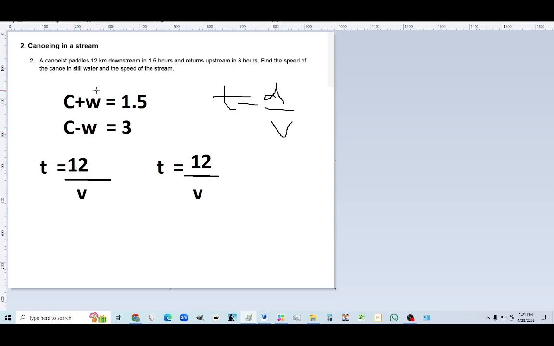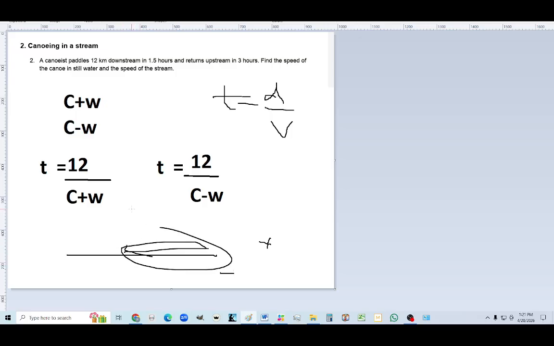The velocity formula we've come up with right here. This is the velocity going with the wind, it should be equal to that. Sorry, this is what it should be, just a formula for velocity. And against the wind, this is the formula for velocity, because he's fighting the wind's velocity. Any velocity along a single direction, when you're going with something, you add them, and when you're going against something,